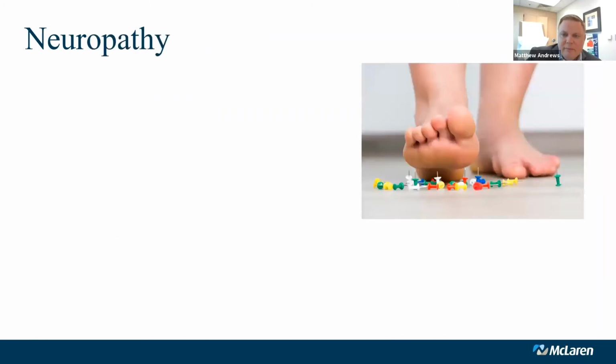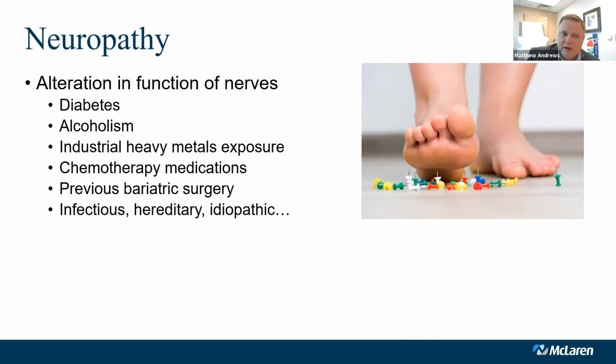Neuropathy is a little bit more of a worrisome process. The other neuritis type problems are generally very treatable conditions, and they're usually based upon just mechanics of walking or kind of bad luck. Neuropathy in and of itself is related to some sort of metabolic derangement within the nerves. So the nerves aren't conducting an impulse in an appropriate manner, or they're otherwise just not functioning properly. So this can be caused from a number of different causes. By far and away, the most common one that I see is diabetes.